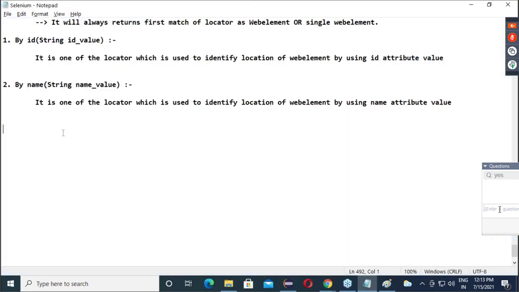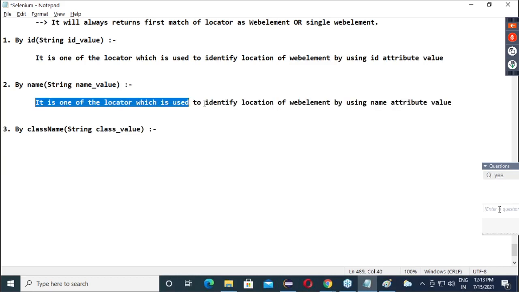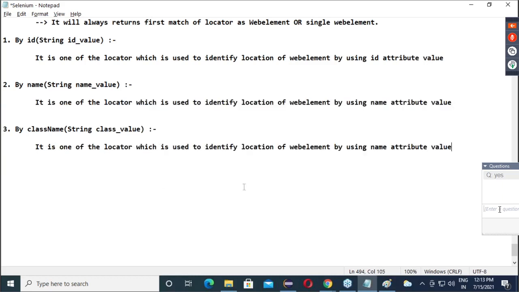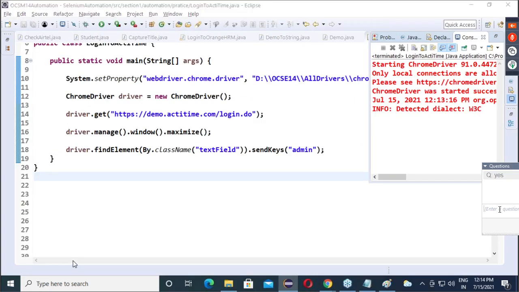Third locator is by class name, and here in a string we have to give the class value. So here it is one of the locators. This line is to identify location by using class attribute value. Now guys, pay attention and let's move forward.